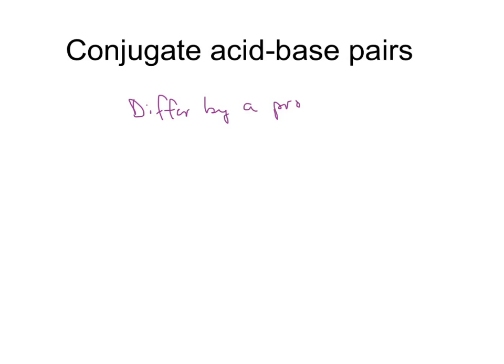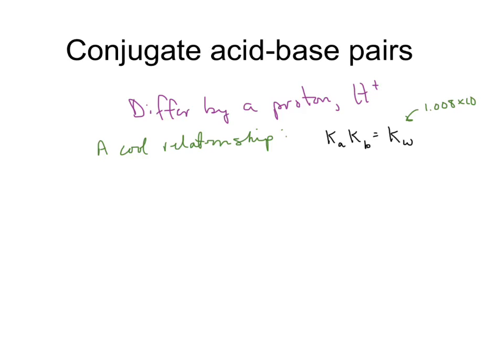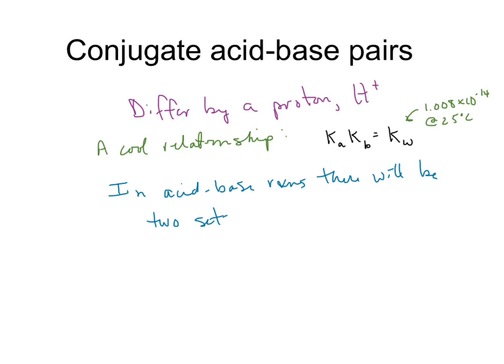Conjugate acid-base pairs differ by a proton on either side of the reaction arrow or equilibrium arrow. And there's this cool relationship: if they are conjugate acid-base pairs, then Ka times Kb is equal to Kw, and I've seen you guys use that in your homework. In acid-base reactions, there will always be a pair or two sets of conjugate acid-base pairs on either side of